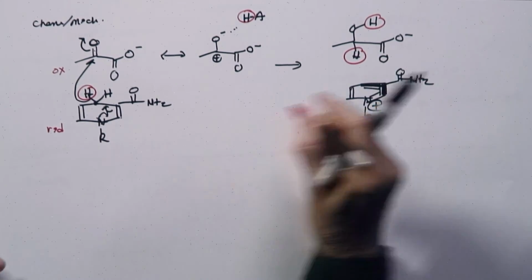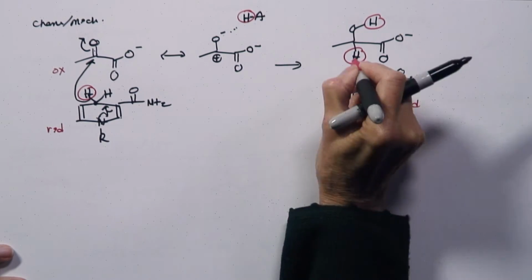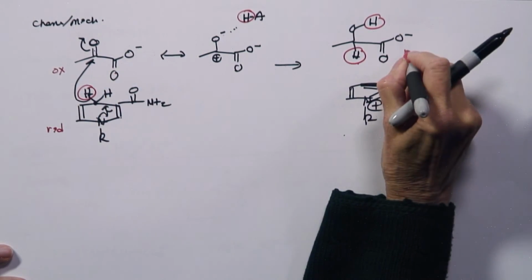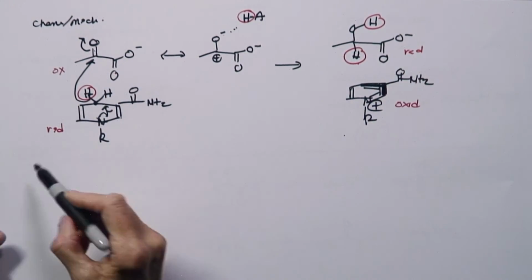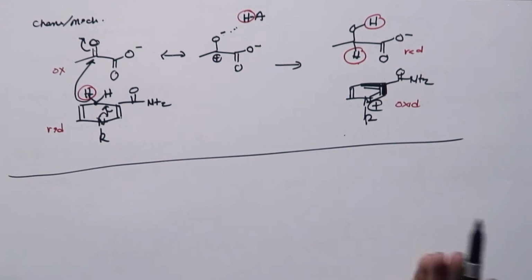So reduced form, oxidized, reduced form, oxidized. Okay, so this is the general reaction, and all NAD, NADH enzymes involve this simple type of electrons, protons, hydrides and protons. Okay, now what I want to do is show you one of the many types of reactions that flavins can undergo. And again, I'm focusing on hydride